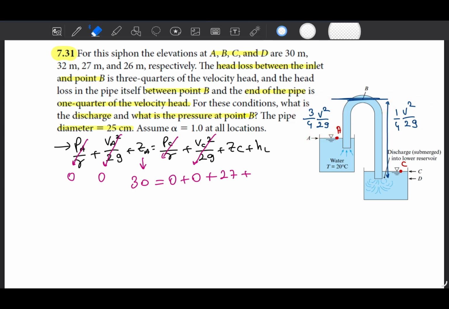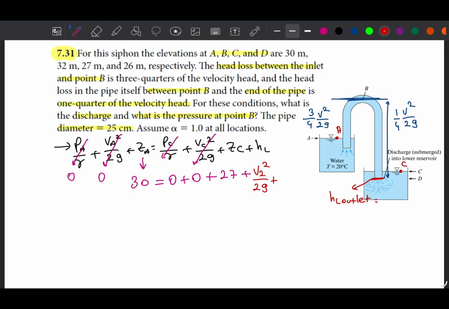So this means we have a total 1 velocity head loss within the pipe. And another thing is, since this is the exit, we will also have another head loss